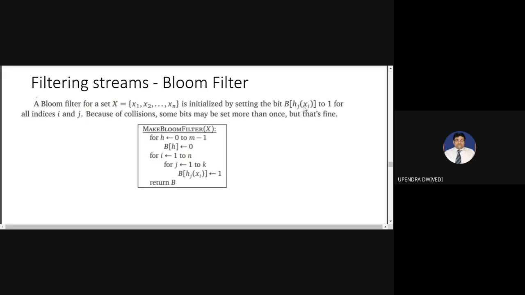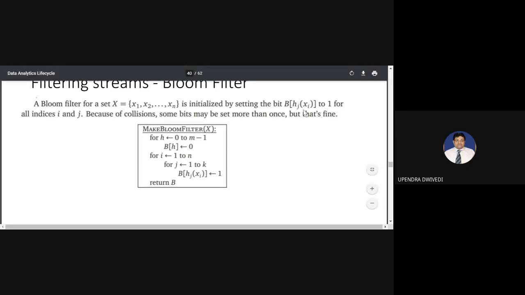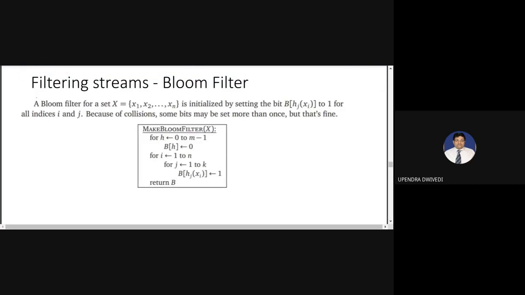So what is it representing here? Suppose your x_i is email address 1. Now you have to apply the various hash functions to that particular email address. Suppose for h1(x_i) you get a value 5, for h2(x_i) you get 8, for h3(x_i) you get 2, and so on.